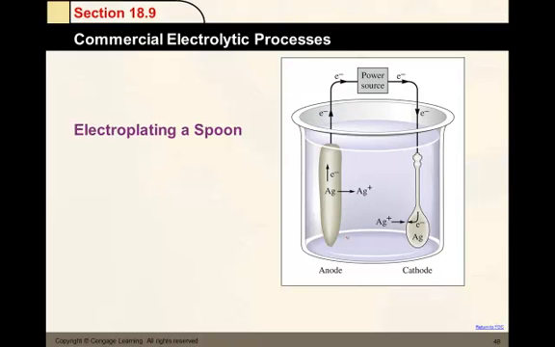Again, these reactions do not occur naturally, and you need energy. Notice in this picture there's a power source. You need a power source to generate the electric current. With a galvanic cell, remember, those reactions are spontaneous. So that's probably the biggest difference in the two segments of the chapter. Galvanic cells are spontaneous, and electrolysis, or electrolytic processes, are not spontaneous, and they need energy to